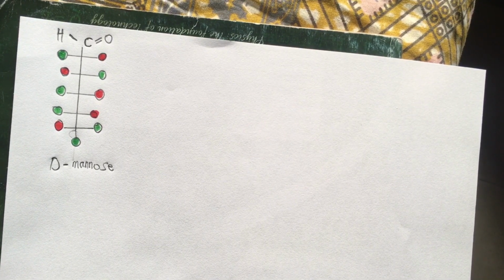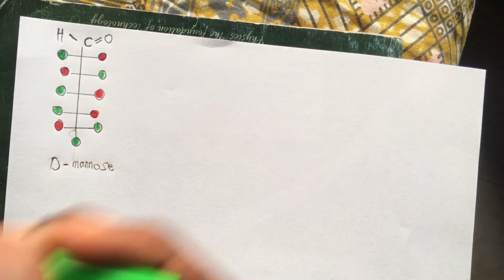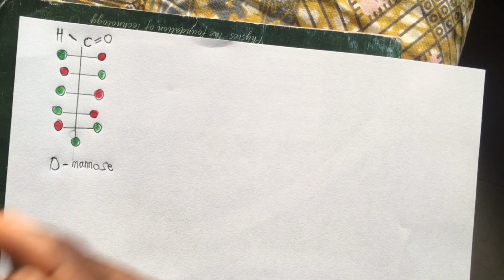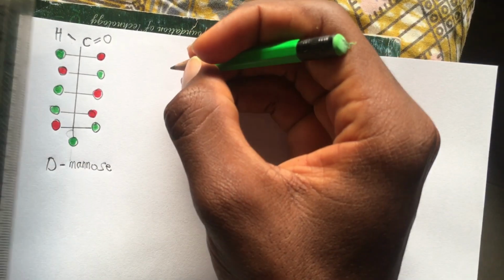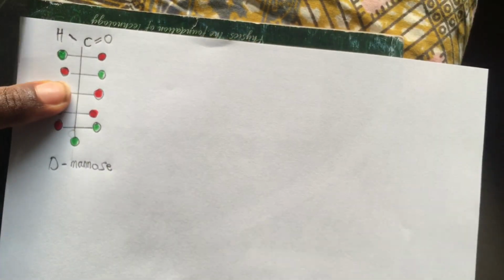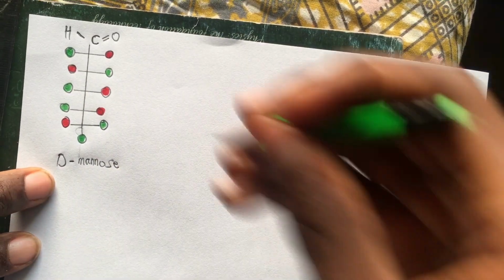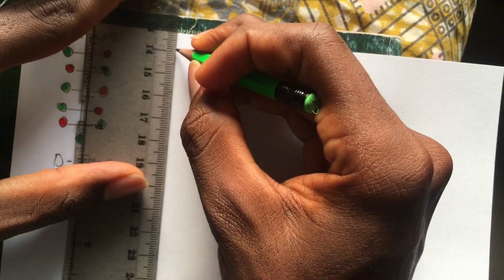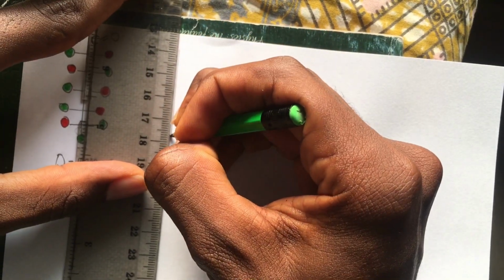When you're talking about epimers, they only have a change in configuration at only one site, which means that there is a change in configuration at only one point. So now let's try and draw its epimer. Let's say we are drawing the same structure, but just that there will be a change in configuration at carbon 3. So now let's try and draw it. So now we have our same molecule,